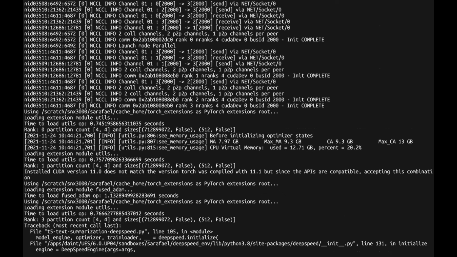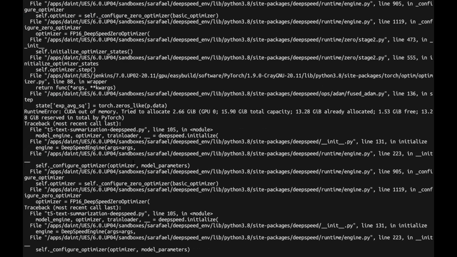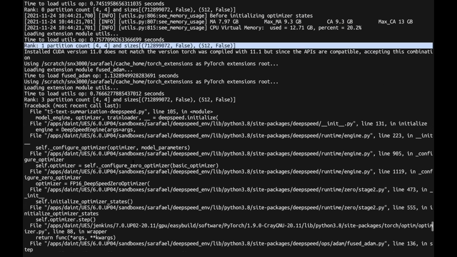And if we look here, loading extension module, this line that we were looking at before, that was after loading the model, which with O3 was 12 gigabytes, and with O3 with CPU offload was 5 gigabytes. Now this line doesn't even appear because with O2, and of course by extension with O1, the model doesn't fit